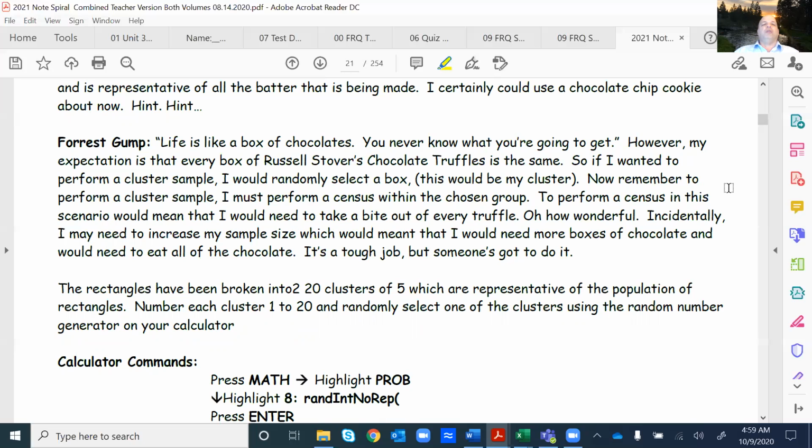So a cluster sample is: I randomly select a group. The groups all need to look like the population. And when I randomly select the group and it looks like the population, then I perform a census of it. I will tell you this,